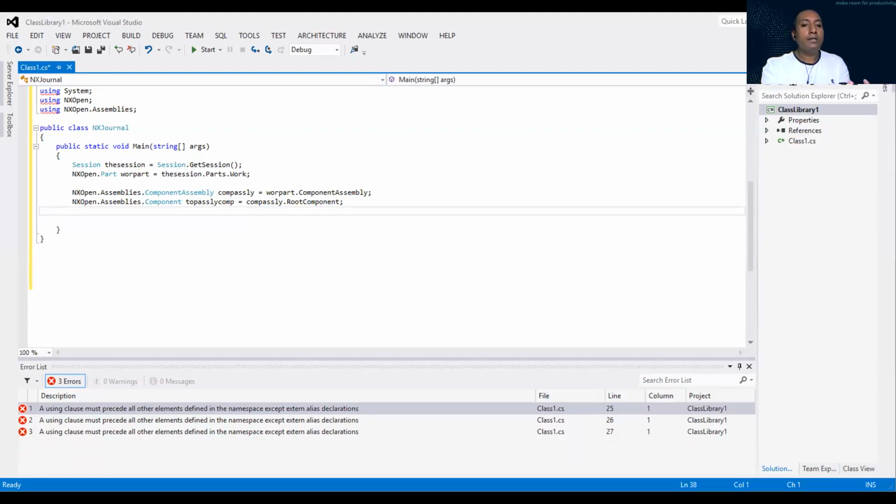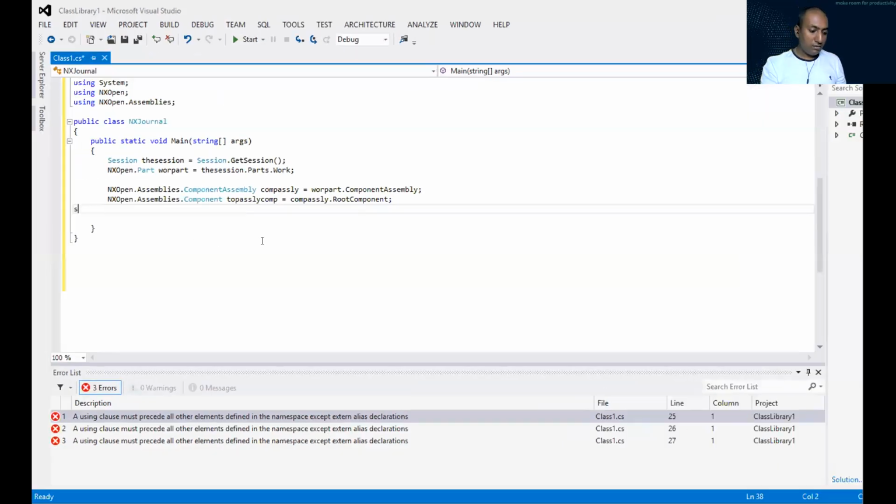Now we know that the component name is going to be a string, and I have to give that name as an input to find out the position of that component. So I will define a string and name it comp name, which is equal to